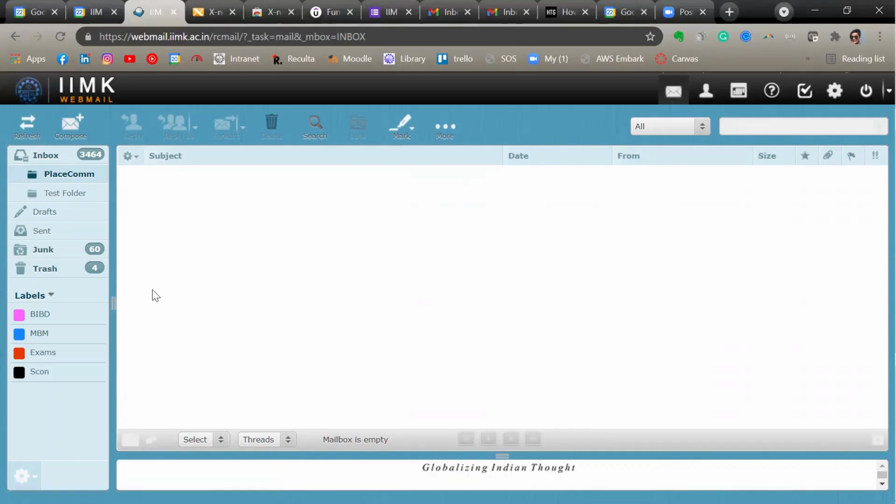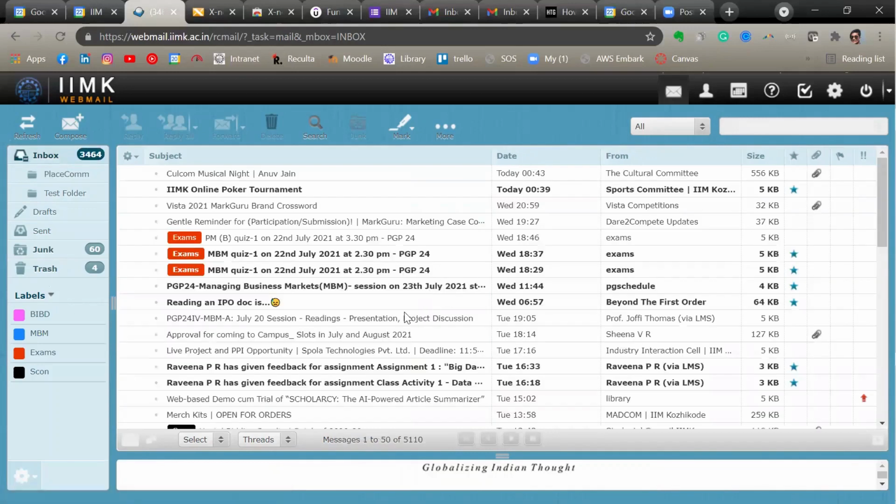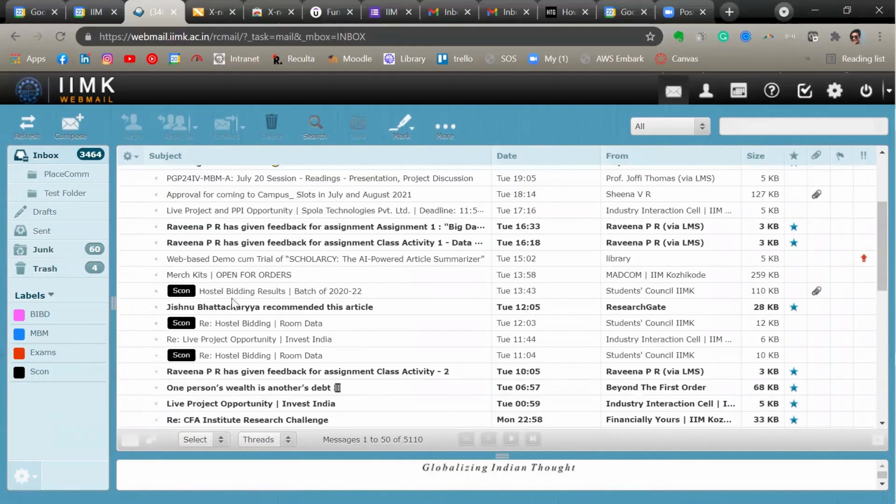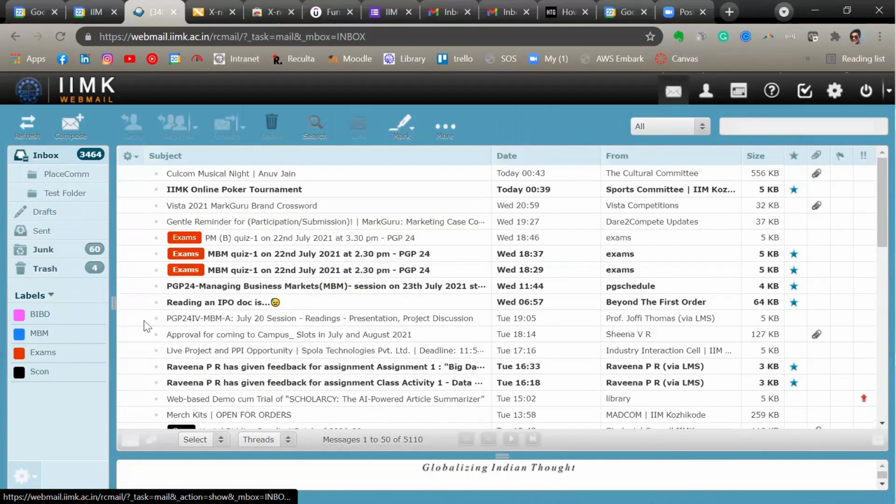Let's jump to labels. Labels are also an important category to help you organize your email. For example, here you could already see this particular email, the label is exam. Here is also label exam. For this email, the label is ESCON. So these are the labels that we have already assigned. So how is this useful?